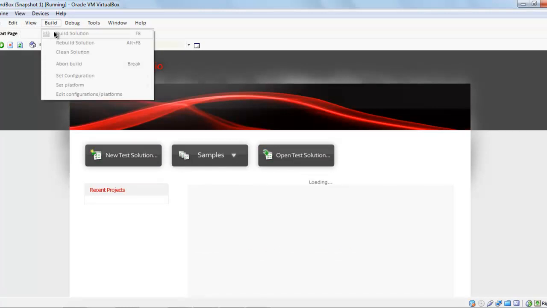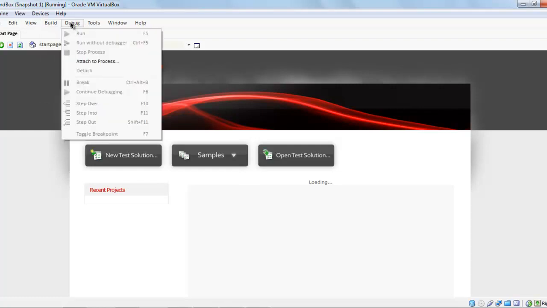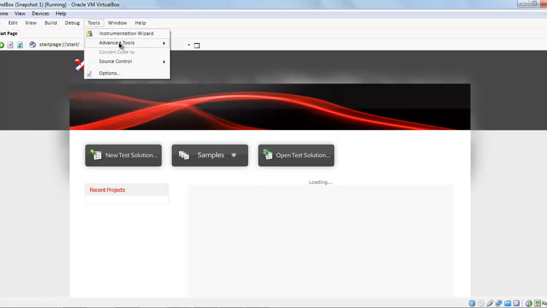Now this is the build solution, same like Visual Studio. You will create a code and then build it, rebuild it. Clean solution is the same thing, similar to Eclipse or Visual Studio IDE. Then debug is basically if you find some kind of error, you have to add some breakpoints or break the particular code till execution, 1 to 5 lines, then check the output on the next by step over, step into or step out. Tools are basically its own internal assembly building log viewer.